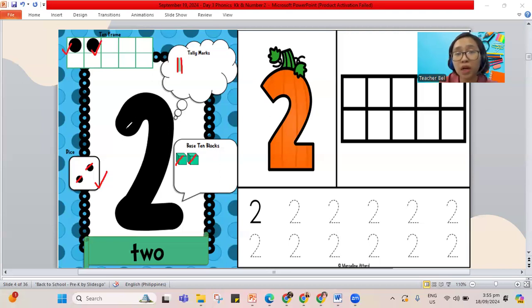And we have the big number 2 here. When we make our number 2, how do we make it? You go around and down and out. The number 2 again. Go around and down and out. Number 2. When we spell two, that's T, W, and an O, the word two. So that's how you spell two.